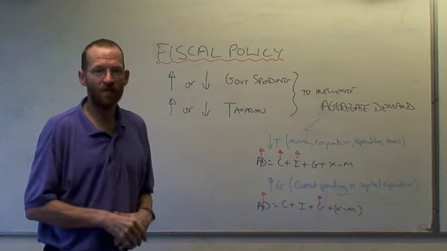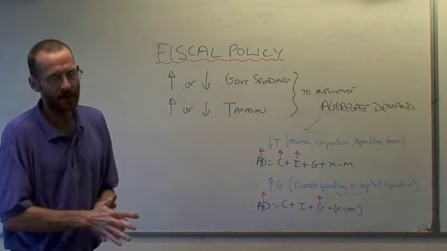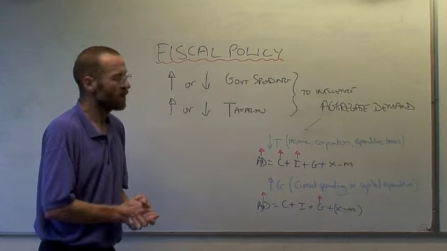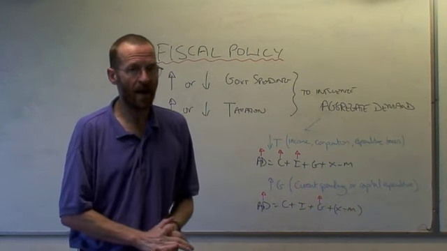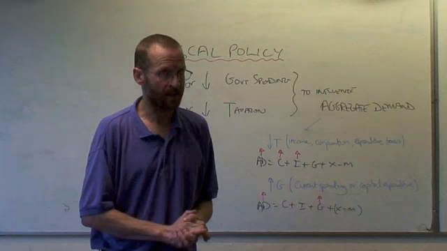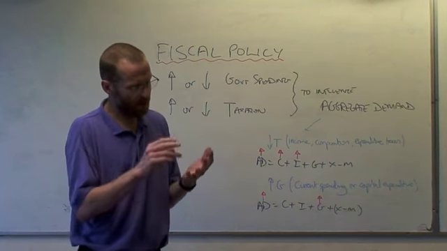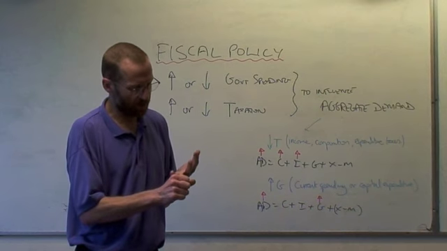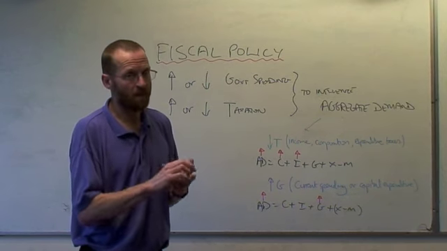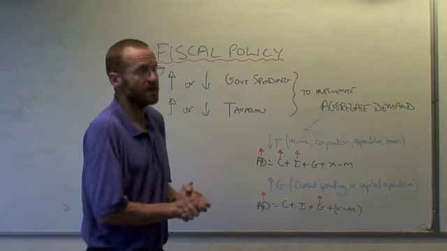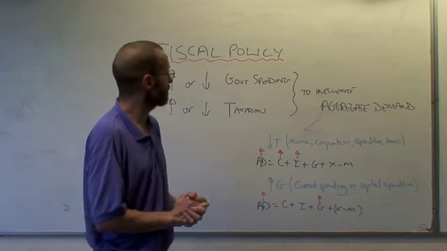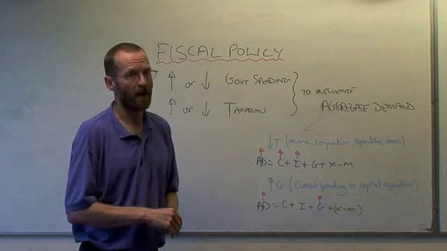Right, this is a short video on fiscal policy. Fiscal policy is a demand-side policy which is used by government to try and achieve macroeconomic objectives. If you remember, there are four macroeconomic objectives: low inflation, economic growth, low unemployment, and a balanced payments equilibrium. And fiscal policy is one of the approaches the government can use to try and achieve these macroeconomic